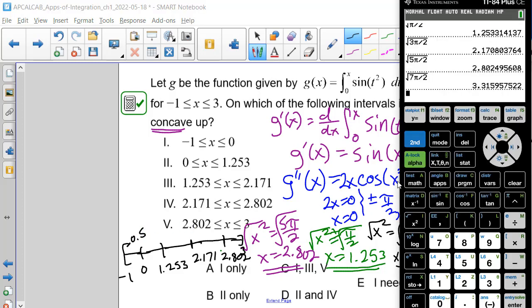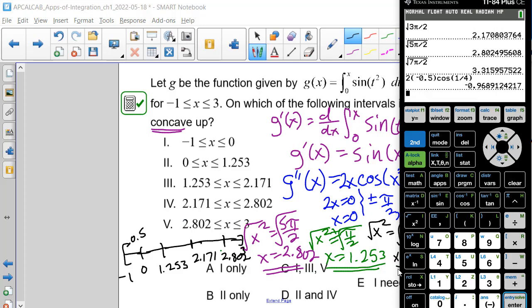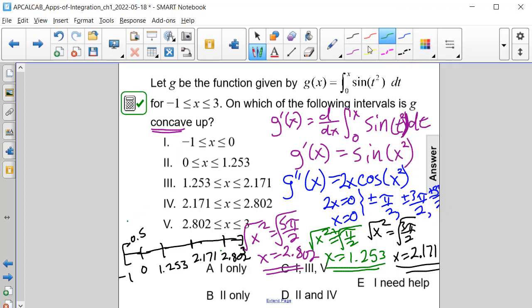So we're going to have 2 times -1/2 times the cosine, and -1/2 squared will be +1/4. So we can just put 1/4 in there and take the cosine of it. And when we evaluate this, we will get a negative value, meaning it's concave down at this point,